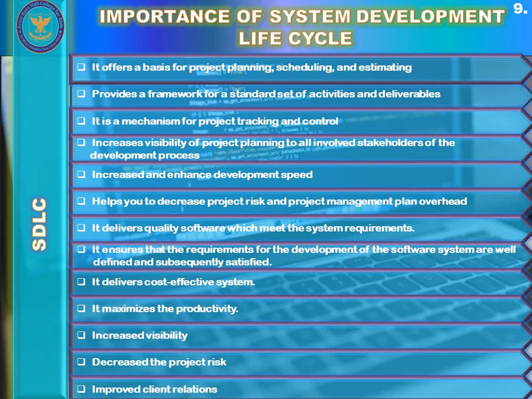SDLC delivers quality software which meets the system requirements. Means this life cycle or these steps actually ensure high level quality of the software, because each and every step would produce a deliverable. Each and every step would be checked by the project manager one by the other. The project manager would check all the processes being done by the team members in each and every phase of the SDLC. He would check the deliverable. He would check the quality of deliverable being produced by each and every step or phase of the SDLC. So that would surely increase the quality of the software system